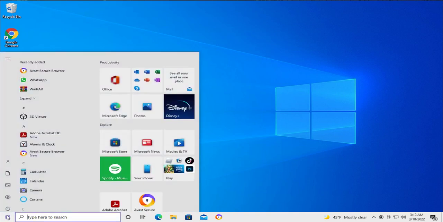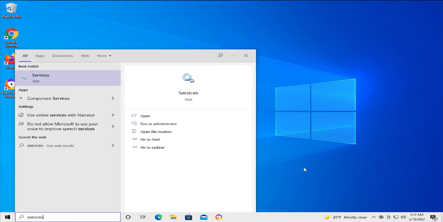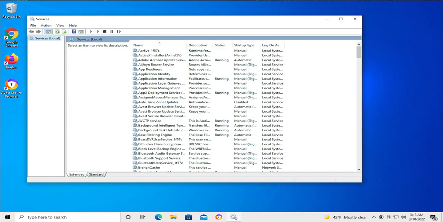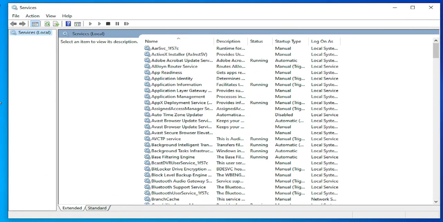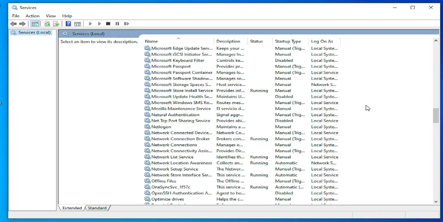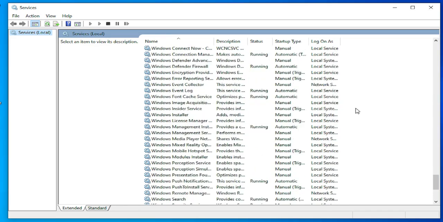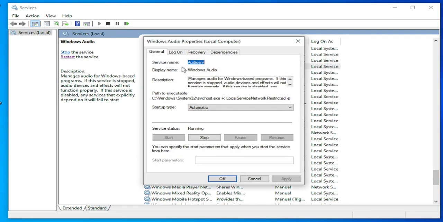The first step is go to the start menu and type services and hit enter. Scroll down and browse this option. Select Windows Audio and double click, and if you